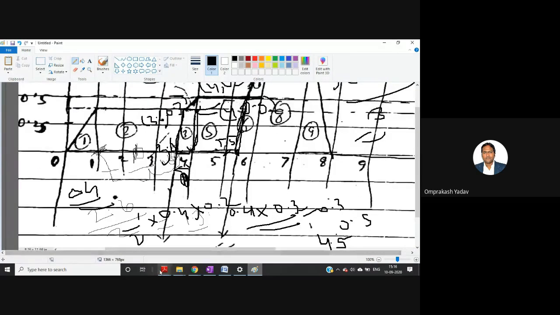Let me check the PDF. Yeah. So this rectangle is considered, but it is marked in this over here. So some mistake is there, I think, because this section they consider as 6 and this one as 5. So you calculate according to you. If you mark till over here, this as a 5, then you can calculate for this one. I don't know what exact will come over there. And if you marked till this particular point, then calculate according to that. It's up to you how you have divided.